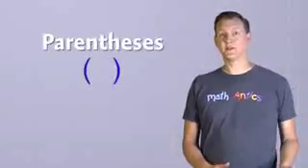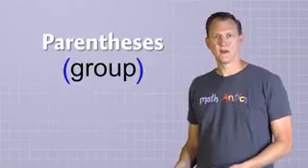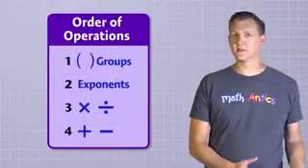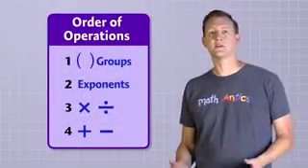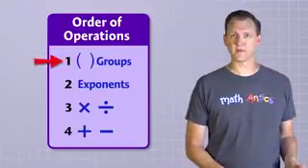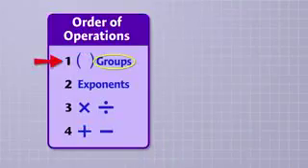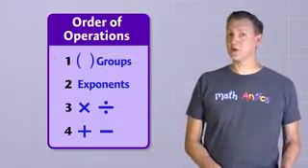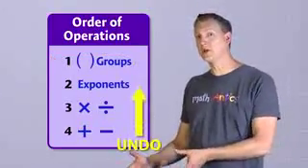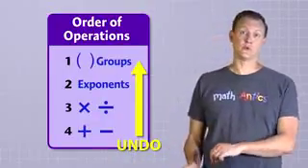Do you remember how parentheses are used to group things in math? And our order of operations rules say that we're supposed to do any operations that are inside parentheses first. In other words, we need to do operations that are inside of groups first. Well, guess what? That means that when we're solving equations and undoing operations, we need to wait to do groups